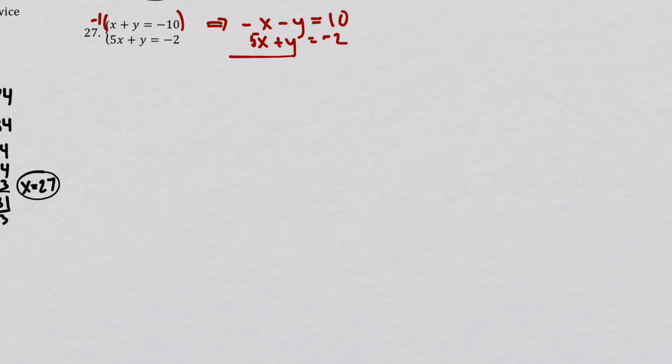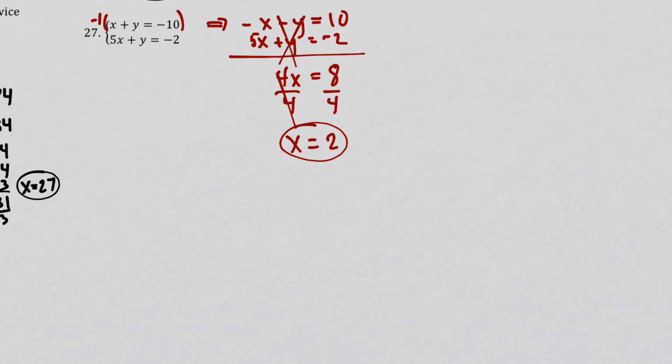And that's perfectly ready now. The negative y and the positive y will cancel out. Negative x and 5x makes 4x. And 10 minus 2 makes 8. Divide by 4. And x equals 2. You take that x equals 2, go back to either of the original equations and plug